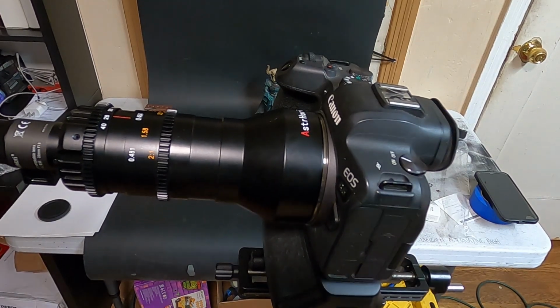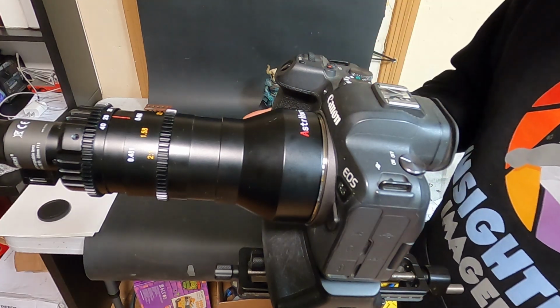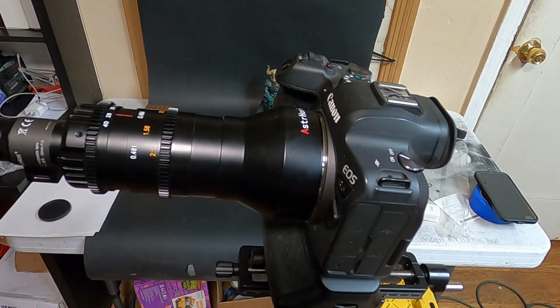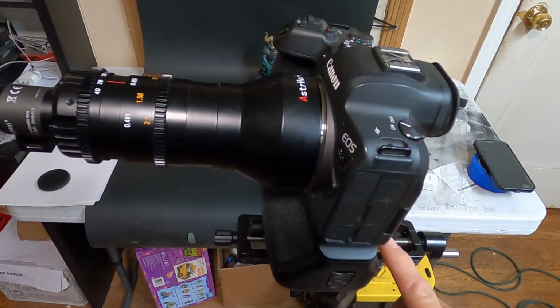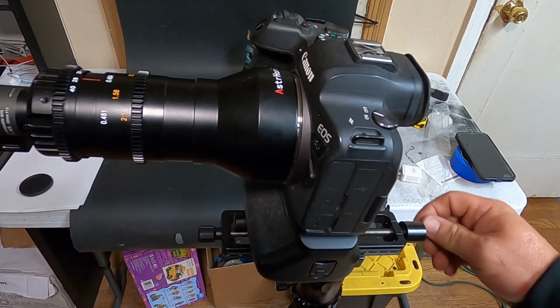And so the next thing I want to talk about is, you might see that I've got this mounted on a rail. Excuse my squeaky floor. I've got it mounted on a focus rail,